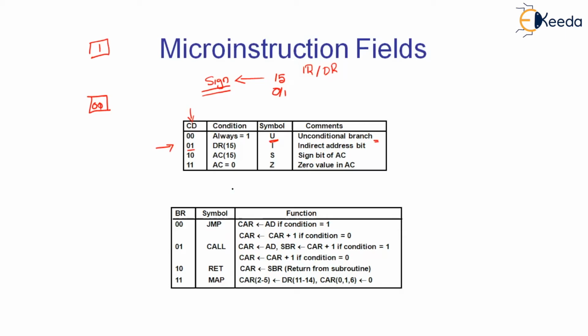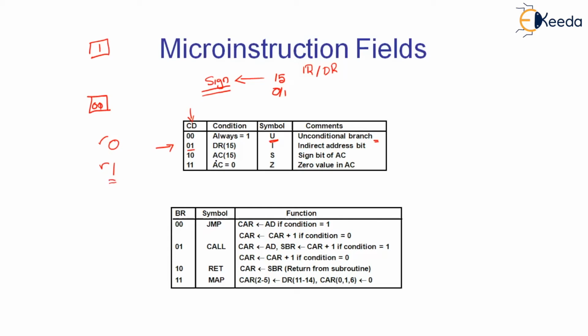Now some conditions, rather some branches, are going to be based on this data register 15th bit, which is a mode digit. If the mode digit is equal to 0, then no branch will be taken. If it is equal to 1, a branch will be taken. So the condition will be based on this data register 15th digit. If it is equal to 0, the condition is not getting satisfied. If it is equal to 1, the branch will be taken since the condition is getting satisfied.